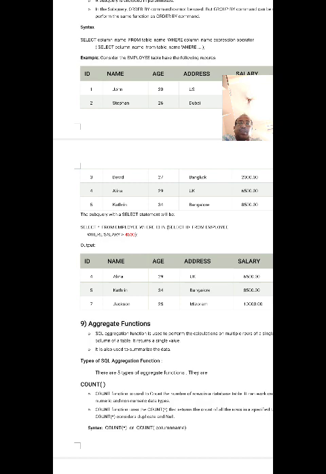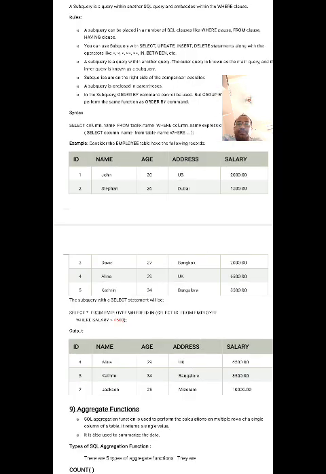Select ID from employee where salary is greater than or equal to 4,500. So in the table, see here, you have different salaries. This employee has 2,000, 1,500, another employee 2,000, the fourth employee 6,500, and the fifth employee 8,500, and suppose a sixth and seventh are also there with some records.